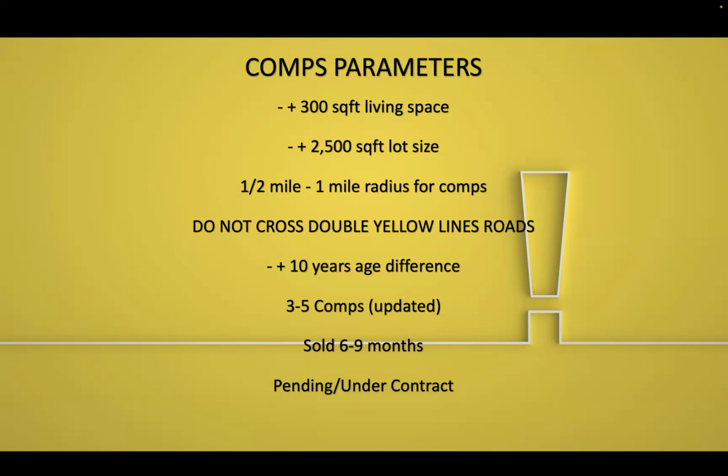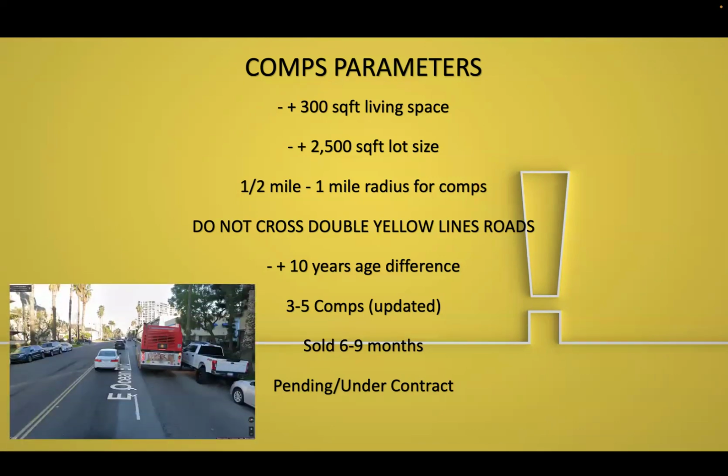When you're looking for comps, you don't actually have to stick within a radius, but I like to do so, because you're going to come across major roads, like double yellow line roads, like this one as an example, where there's a constant flow of traffic from commuters, buses, semi trucks, delivery trucks, construction, you name it. It's a major area of traffic flow that is considered the border of a neighborhood. So whenever we're looking into comps, we want to stick within the same outside border of the neighborhood, where all these major roads are outlining that neighborhood specifically,